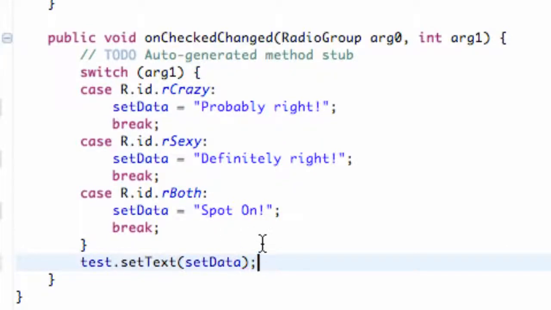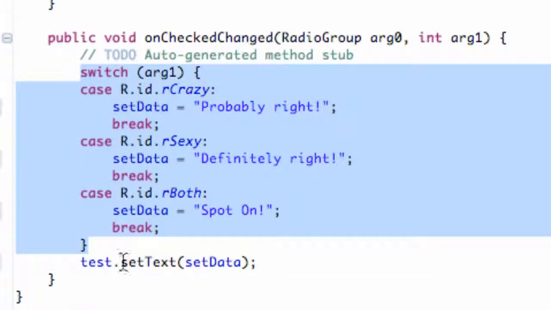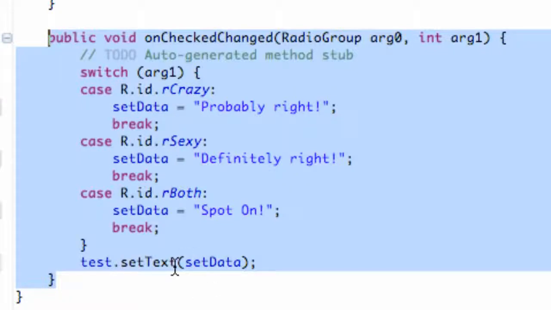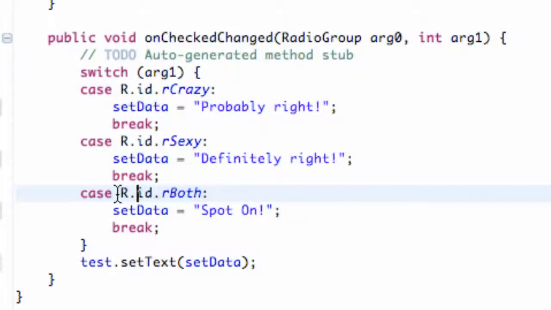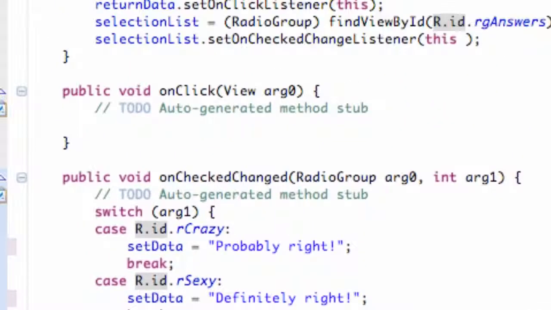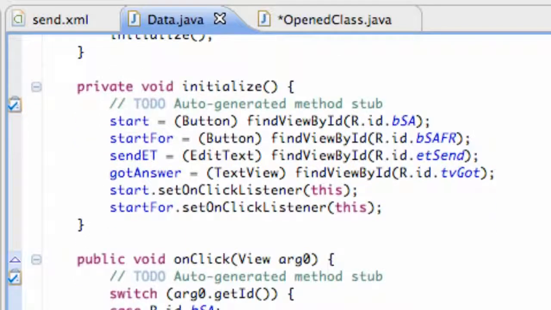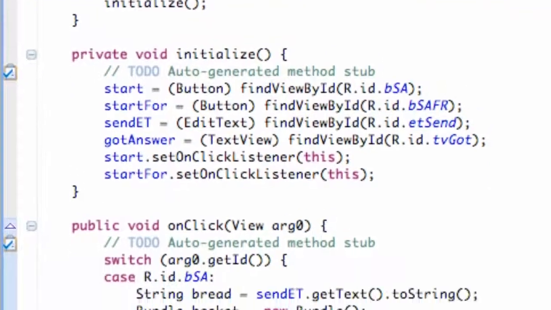So there we go. As you can see, here's our switching case, but we're still within our on-check change listener right here. It's going to go through the switching case, set this data up according to which radio button's pressed, then break the switch statement, and call this method where it's going to change the test text. So we basically set that up, and now we're going to set up our